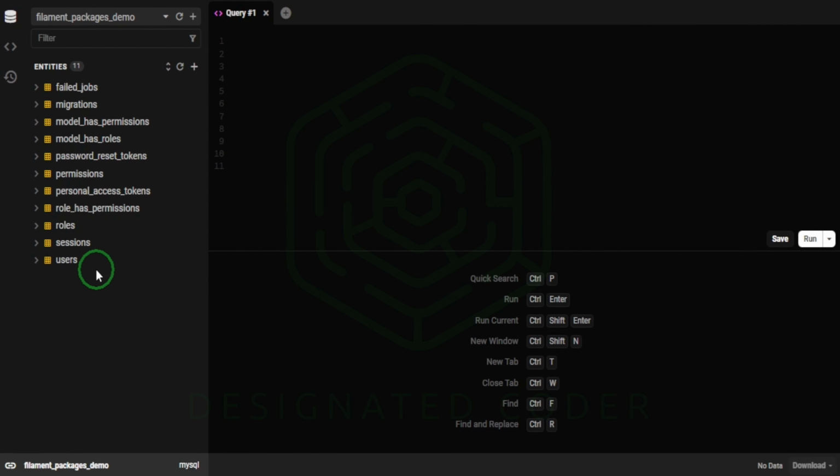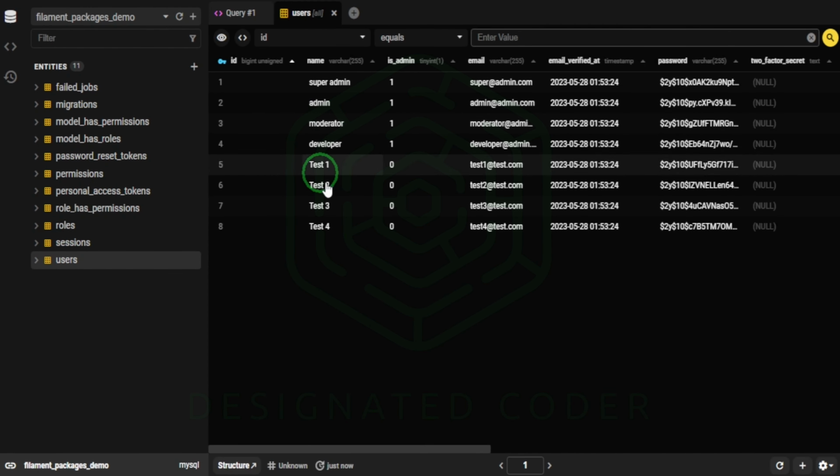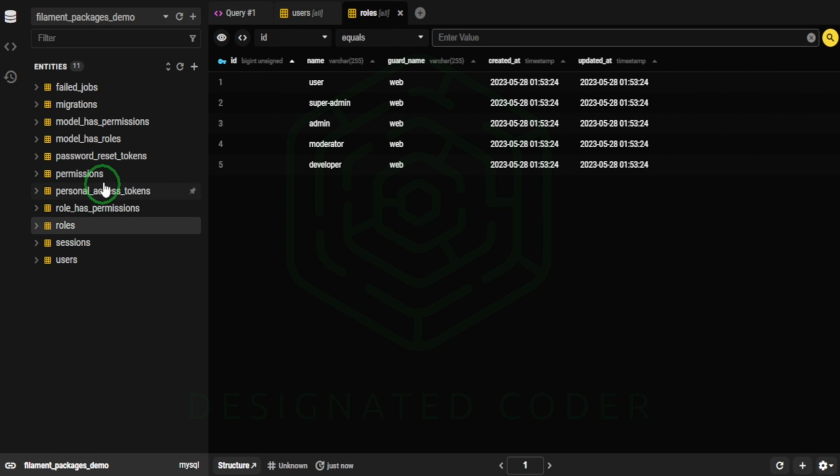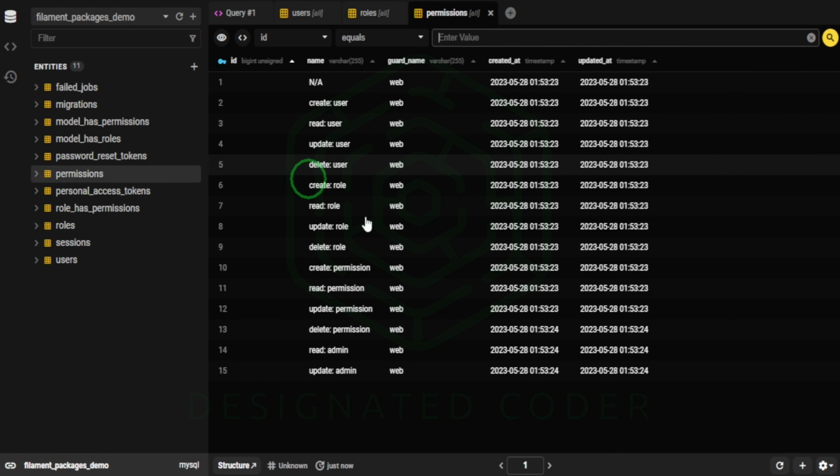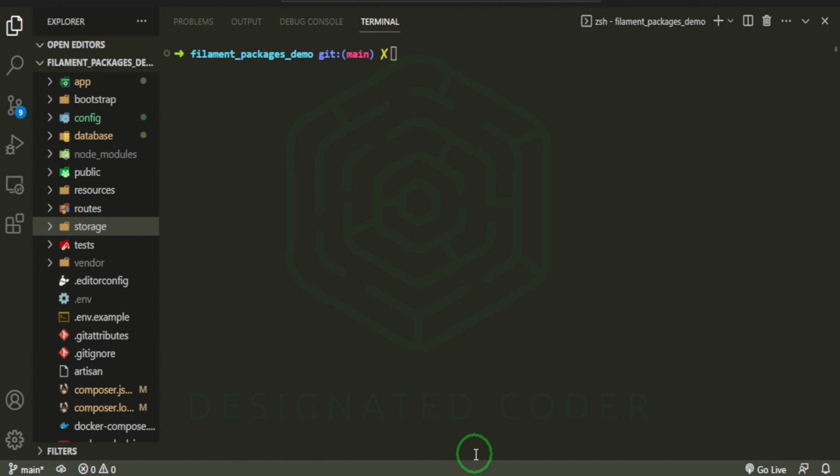And as you can see, if we look at our database, we've got some users. We only have 8 because we have 4 admins and then 4 users. We have roles, we have permissions, and we just have a variety of things, but our database is already set up, so that's good. Okay, now that we're all set up, I want to go ahead and start creating some